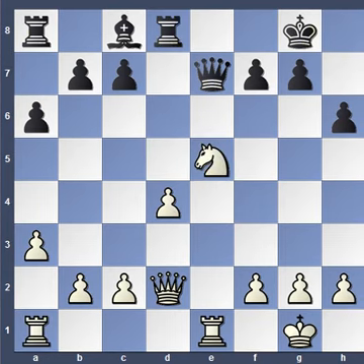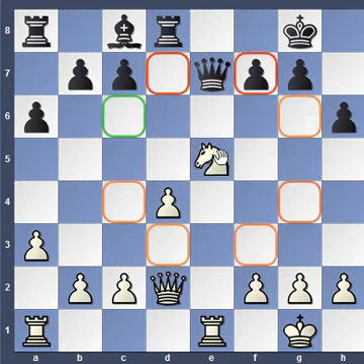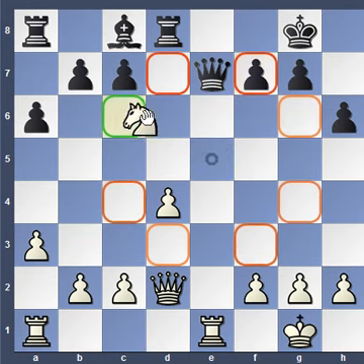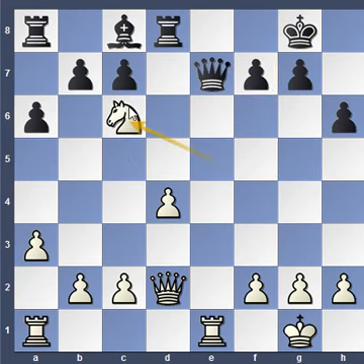Let's consider another example where we cannot deliver a check, but still we can create a discovered attack. See, we have the knight which can move to the c6 square and attack the black rook on d8, and simultaneously we are attacking the queen with our rook as well as the knight.